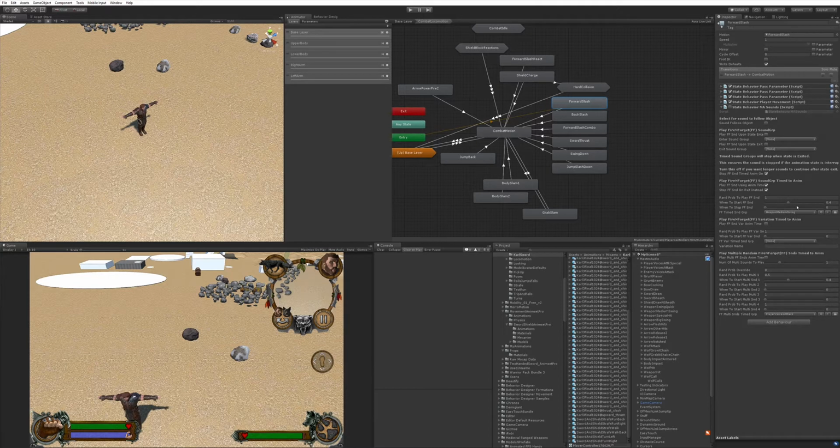So here's the one that I've already loaded with my stuff. And I'm going to turn off the voices for now, and I'm just going to show you what it sounds like with the sword swing. And what we're looking at is I want to select this to say I do want to play a fire and forget sound effect that's timed to the animation. I do want it to stop upon exit of the state. That way I don't actually have to set this at all. I can just leave the stop indicator at 0. So it's going to play at 40% completion. My random probability is 1. In other words, I want it to play a weapon medium swing sound all the time, or 100% of the times that he swings. So press play